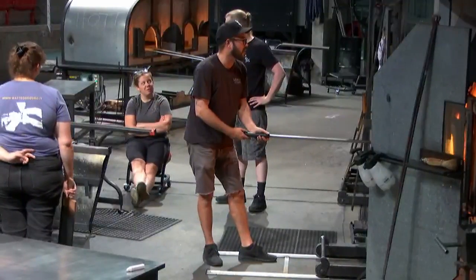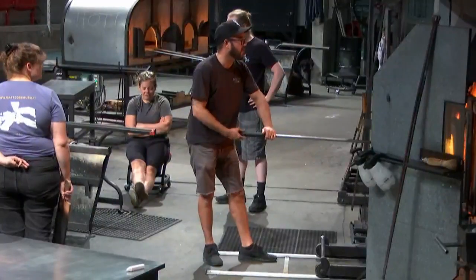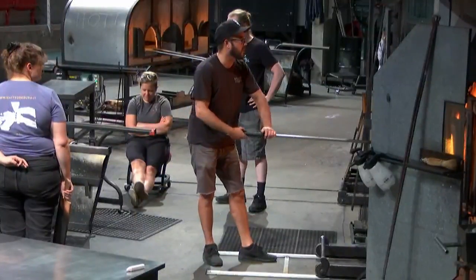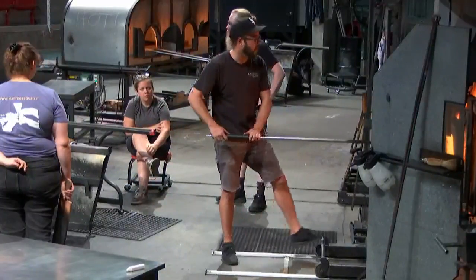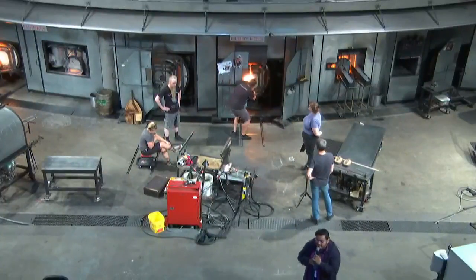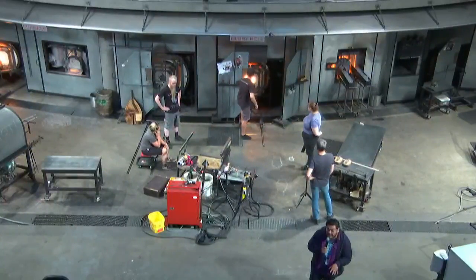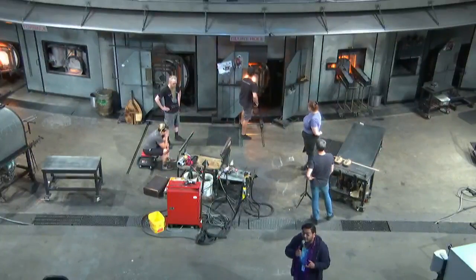Now, the colors first have to be preheated. So if we want to use, let's say this white bar right now, we couldn't use it until another 30 minutes or so. It does need to preheat at 900 degrees. And later on, we will see the coloring application, but essentially, we'll get that nice and hot and place it right on top of a beginning bubble and spread that color evenly around that bubble to create a thin layer